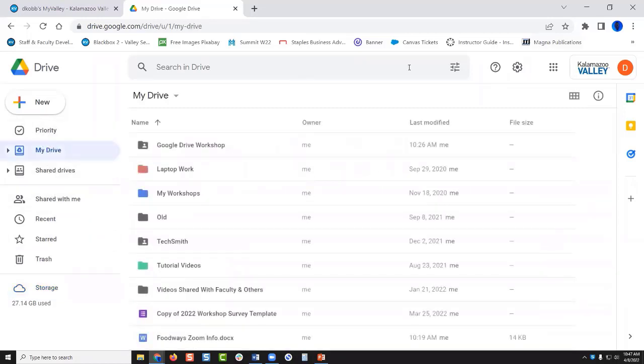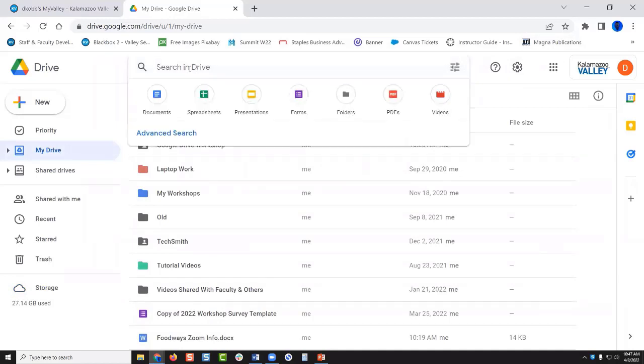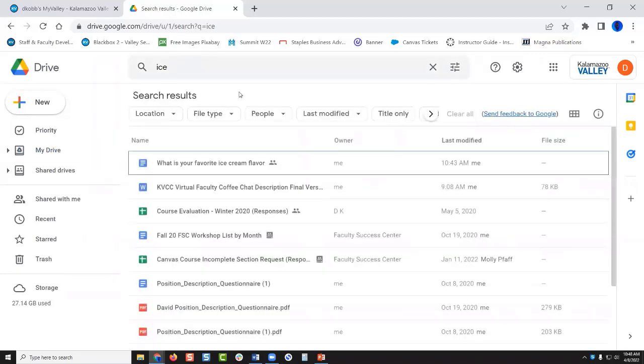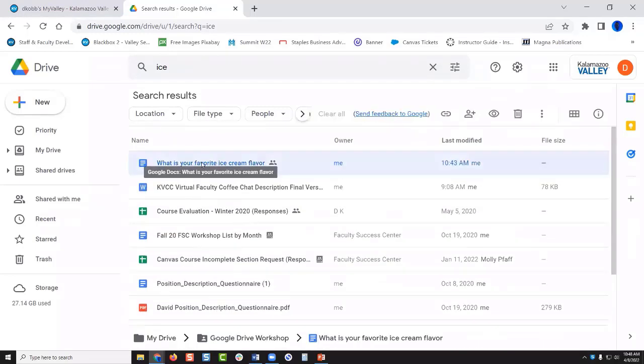Let's look at some of these things across the top now. We have the search bar, and it operates the way most online searches do, by keyword. So let's say I'm looking for my ice cream thing. I can type in ice. And we saw that it popped up with my result, but let's say it didn't, and I just want to search for ice. All these files somewhere in there have the text ICE next to it. It may not be the actual word ice. It may be entice, just somewhere ICE, all in a row in all of these documents. But we see there's my favorite ice cream. That was the one I'm looking for.